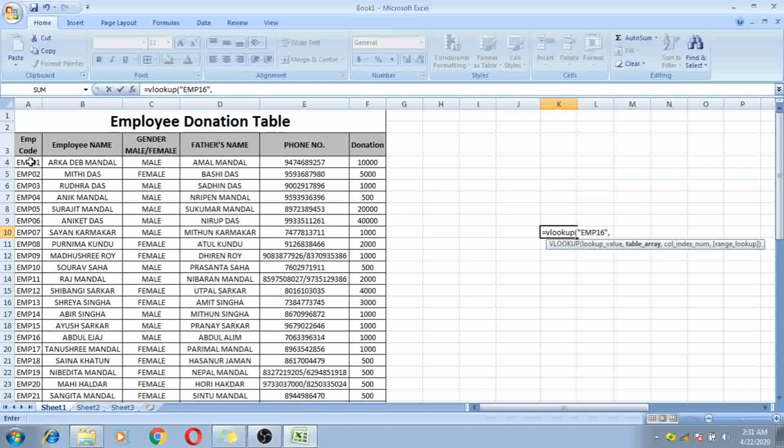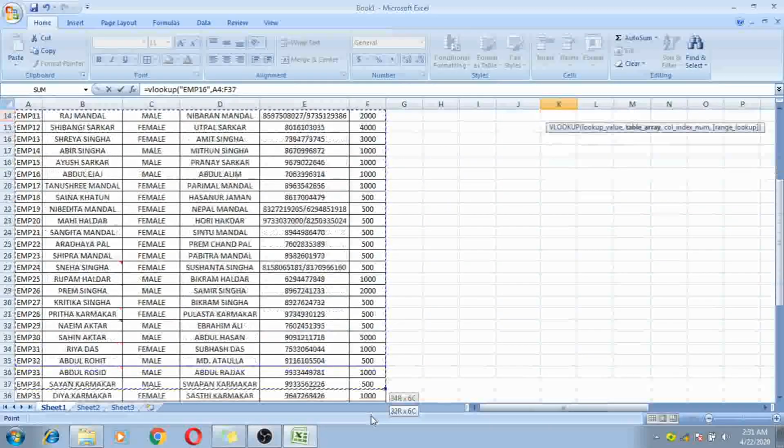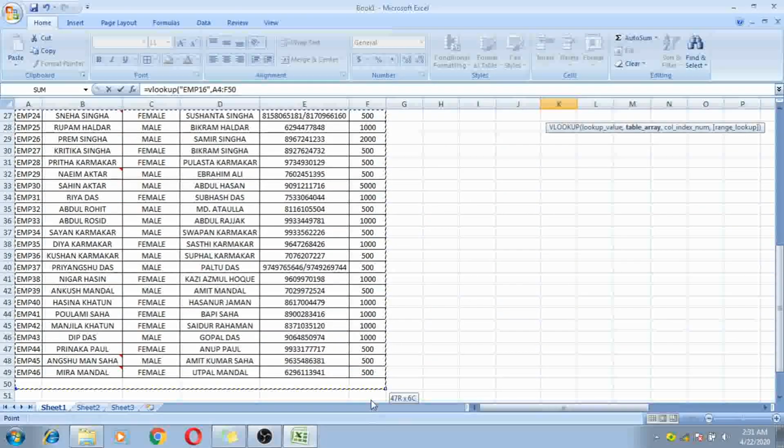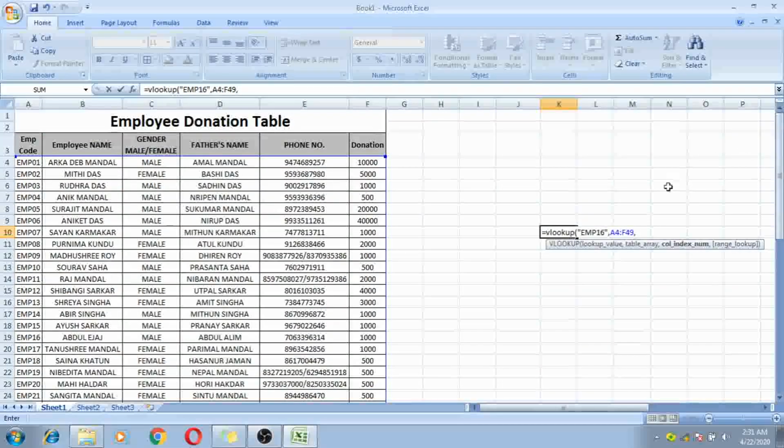So how to give the whole table? Just click on the first cell, then drag it to the end, then give a comma, then we need the column index number.